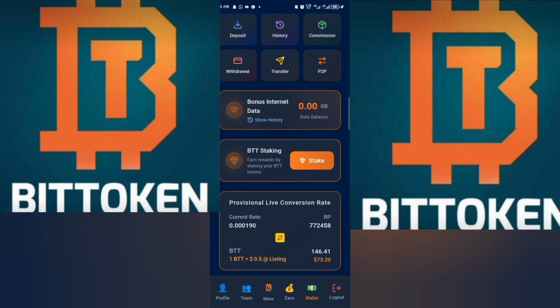When you lock it, you claim it every day, and this is the reason you're going to be staying right at the end of this tutorial, because I'm going to do the practical aspect of it. We are going to be locking our BTT. Another thing to know is that the minimum you can stake is 1 BTT. You can start from 1 BTT to stake. Any amount, any month you want to stake, I'm going to be showing you the months you could stake and how you will gain from it.